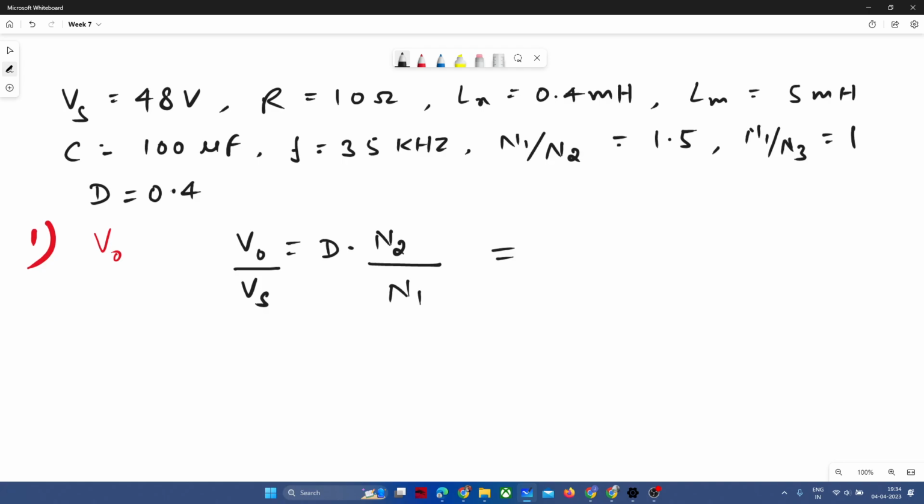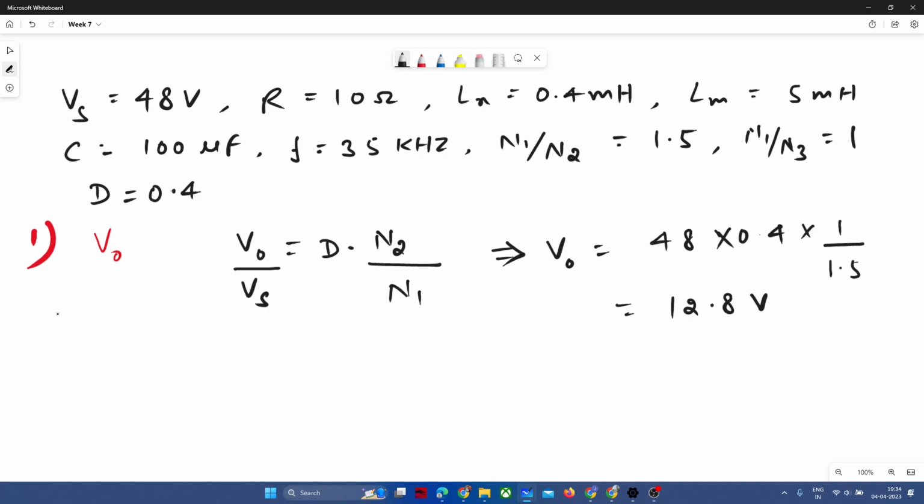So when we plug in all the values, you get 48 into D, which is 0.4, into N2 by N1, which is 1 by 1.5, right? So it will come out to be 12.8 volt. Okay,